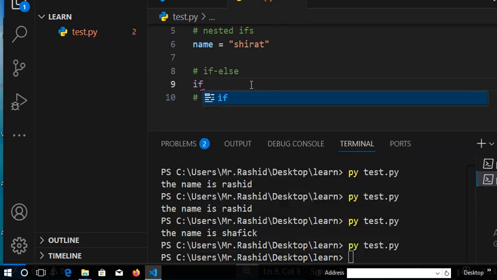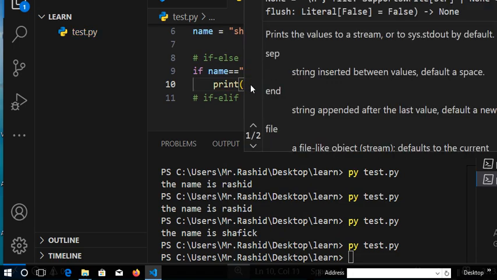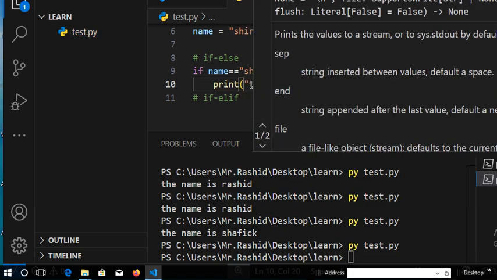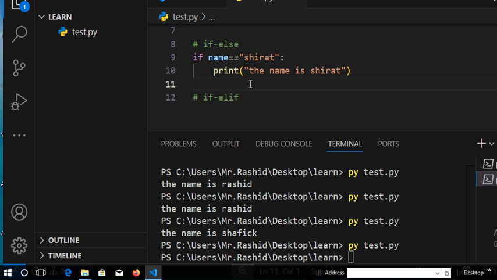We can use if name equals to Shirat, then we can run print the name is Shirat. And here, this is how we can use else. We can use the else if. So if is the first and then the else is the last. So else,